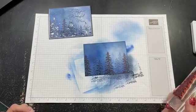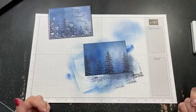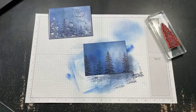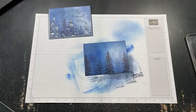And again, I'm not re-inking it every time. I'm just adding some really faint trees in the background. Okay, I'm happy with that. I've given myself several layers. I might want to, no, I'm good with that. Because what I'm also going to do,